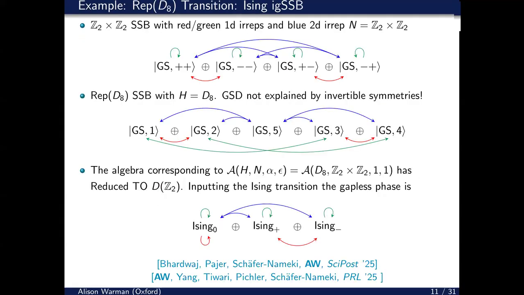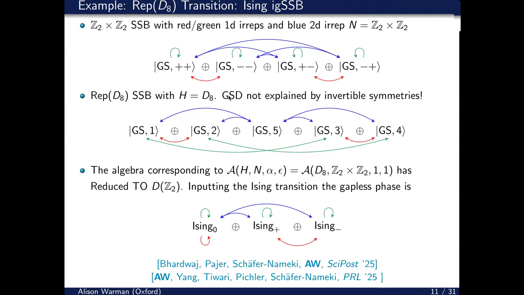An explicit example of this is for Rep D8 symmetry, where D8 has order 8. And Rep D8 has a Z2×Z2 invertible symmetry given by 1D irreps, which are shown here in red and green, which act invertibly, and a non-invertible two-dimensional irrep, which is shown here in blue. Now, if we consider two gapped phases, one which is labeled by this normal subgroup N, which is a Z2×Z2,